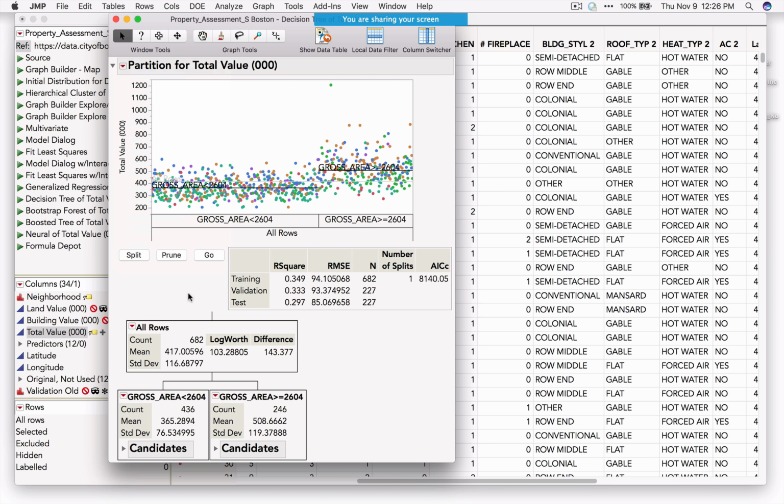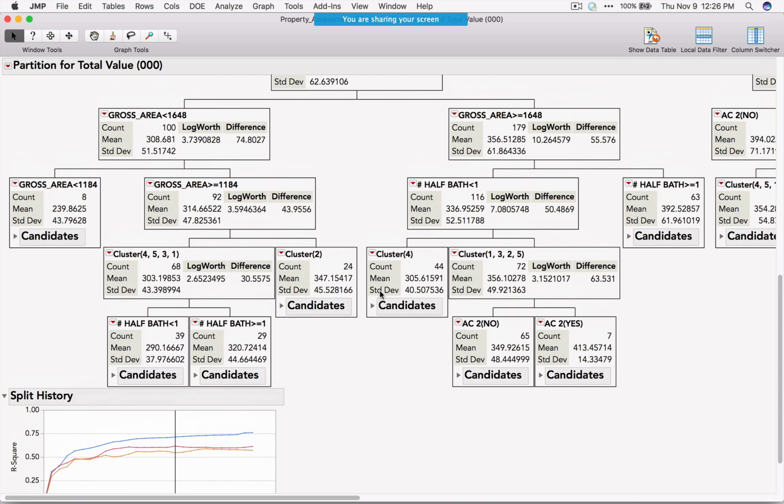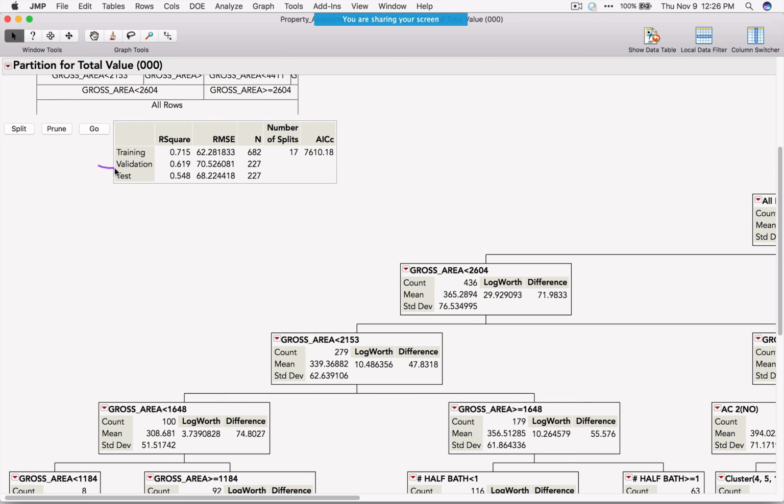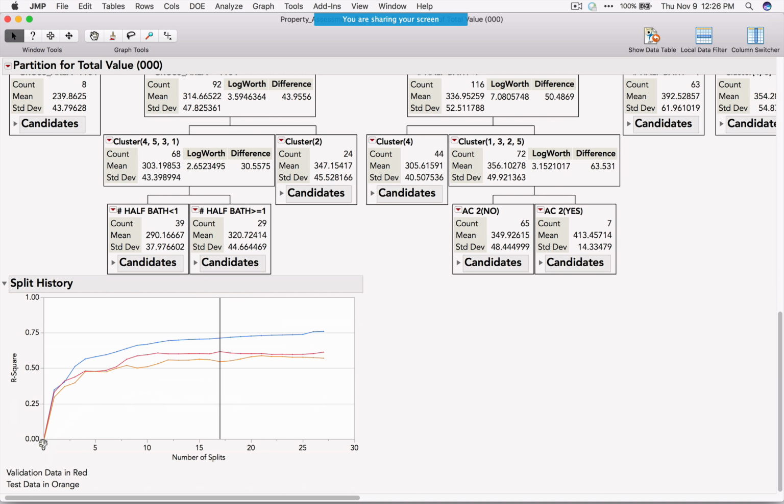And since I have a validation column, I'm tracking results on that validation set. And if I click the Go button, we've automated this process. So JMP will continue to split until it finds the maximum value for the validation R-square. And it pops us right down here to the split history. What the split history does, and let me zoom in on this a little bit, is that it's keeping track of the R-square for each of our partitions of the data. The blue line represents the training data, the red line represents the validation data, and the orange line represents the